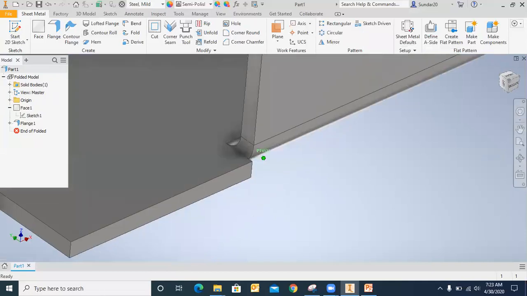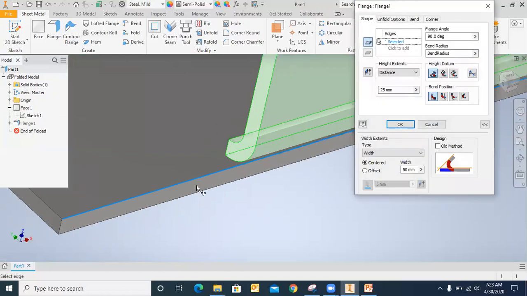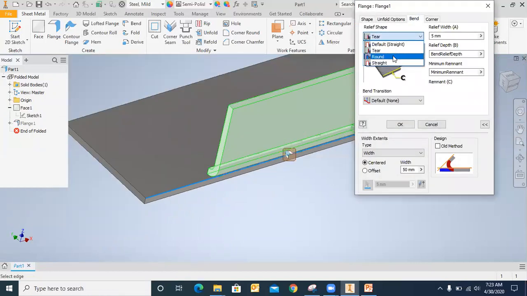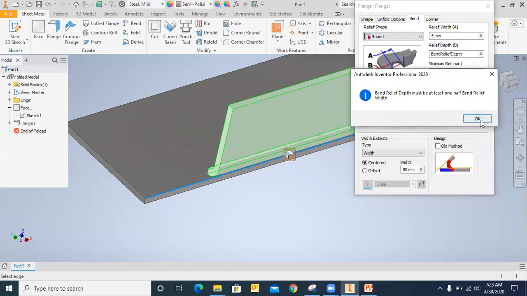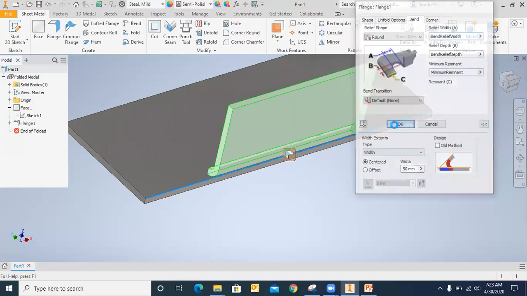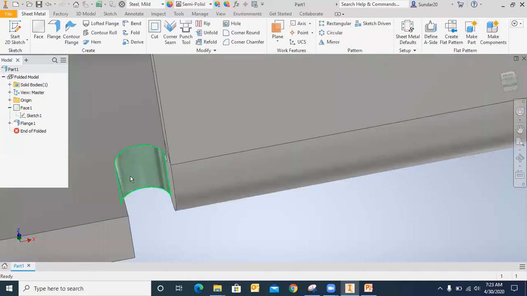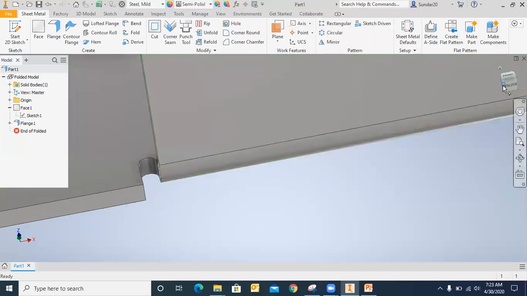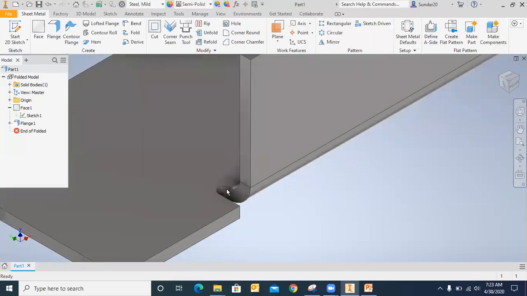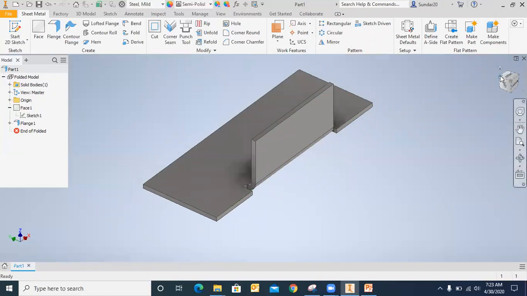Okay, this is your tier shape of your bend, and if you want to go for round shape, you can see it will nicely create your bend in round shape where your bend comes. Okay, so it is one of the ways, and next we will see how the corner features are applied inside your